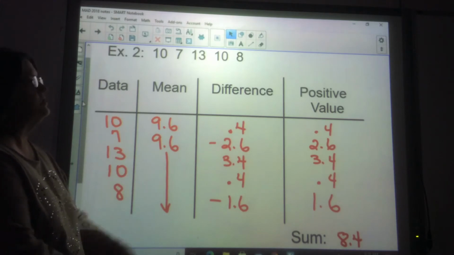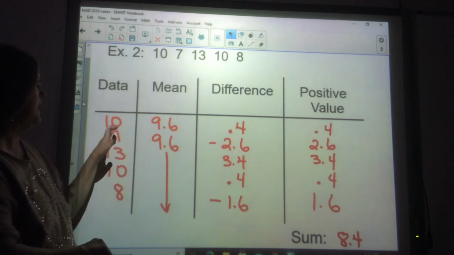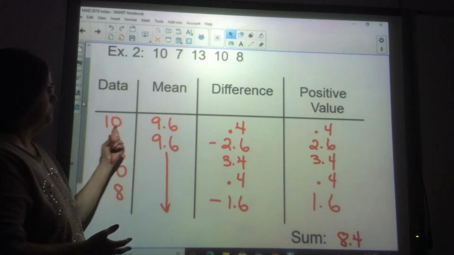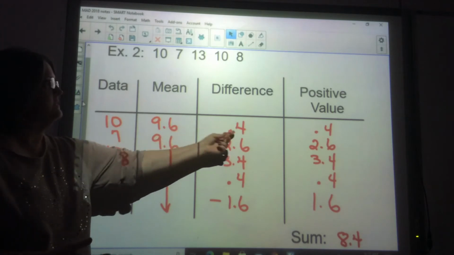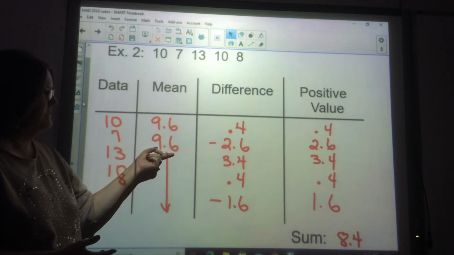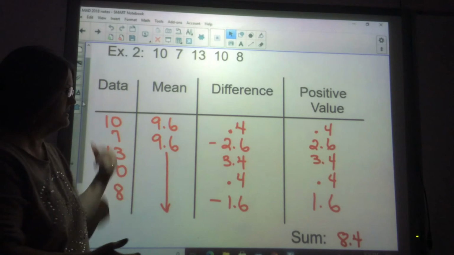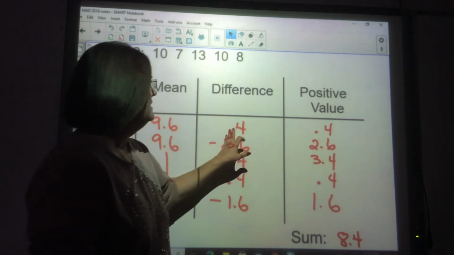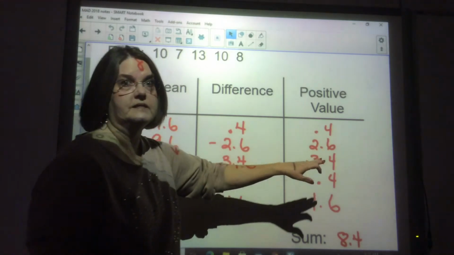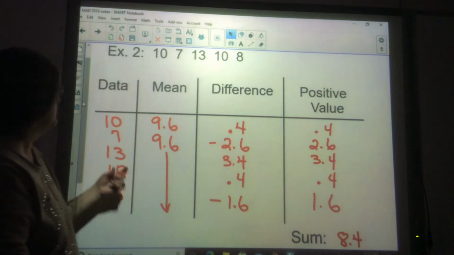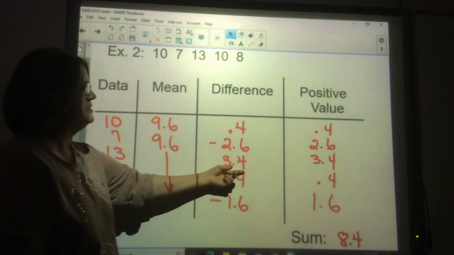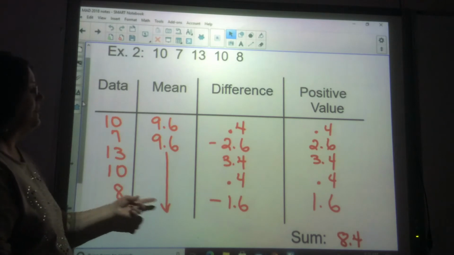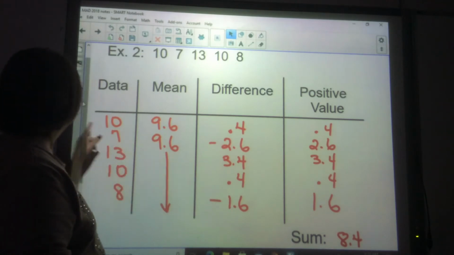Now, the next step is we're going to subtract each one of these from the data. I just subtracted this one minus this: 10 minus 9.6 is 0.4, 7 minus 9.6 is negative 2.6, but remember, we don't want that, we want the positive value. So we went ahead and wrote down, because it's distance, remember how I pointed that out earlier? So 13 minus 9.6 is 3.4, 10 minus 9.6 is 0.4, 8 minus 9.6 is negative 1.6,